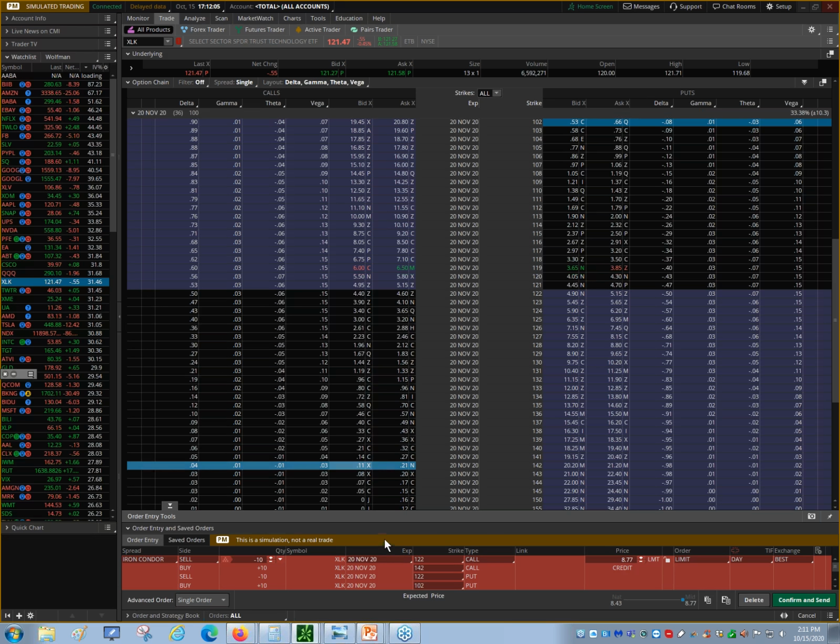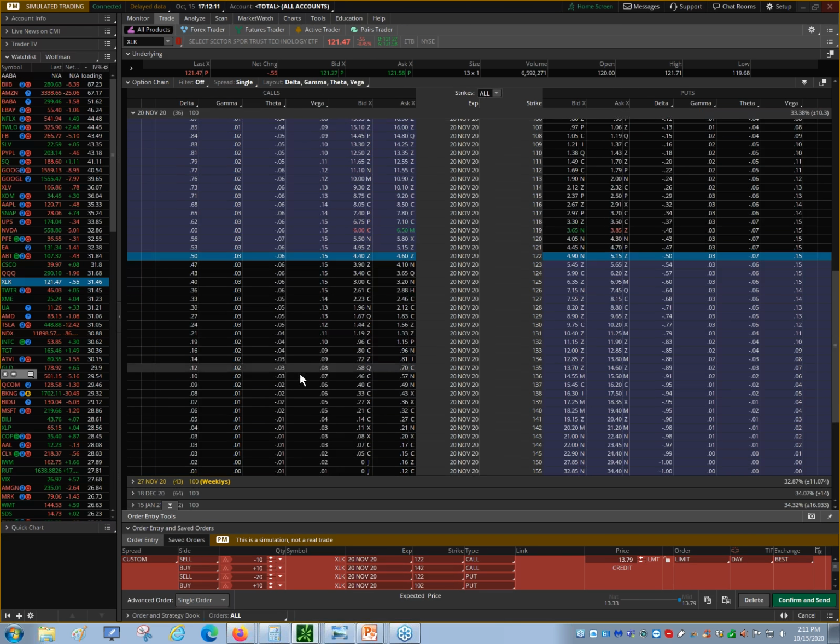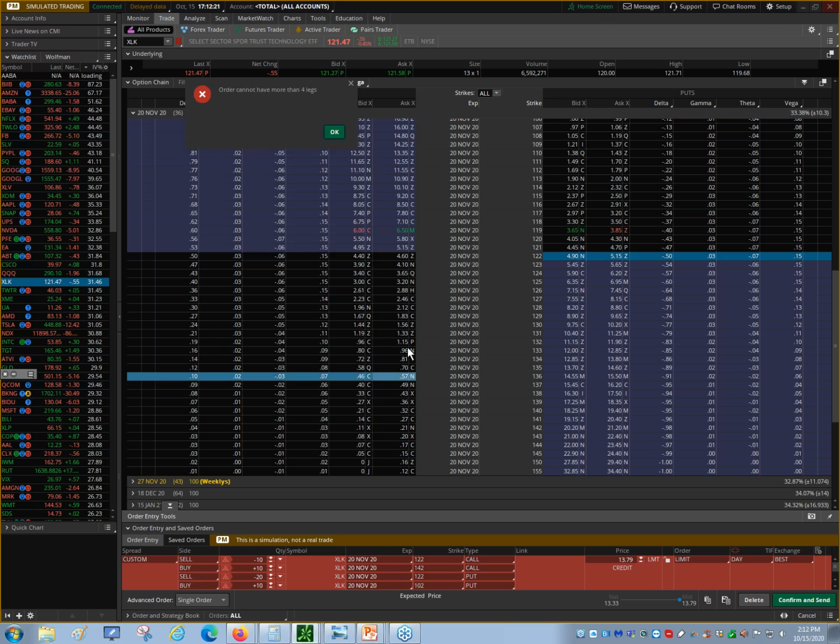So I'm going to go back and I'm going to change these strike locations and check out the 10 delta ones. So I sold the at the monies. The 10 delta here, I'm just going to go up to 36 on this one to buy that. But too many legs.